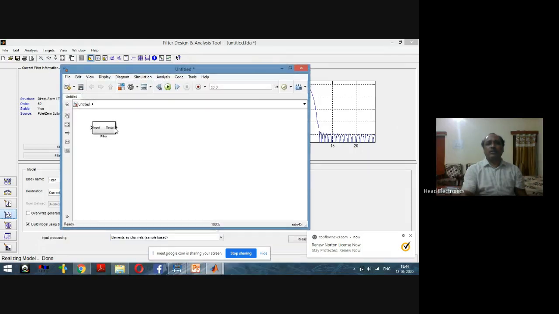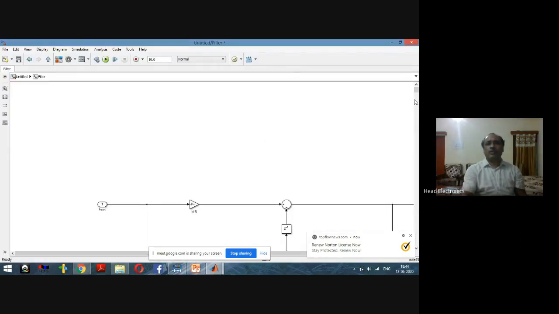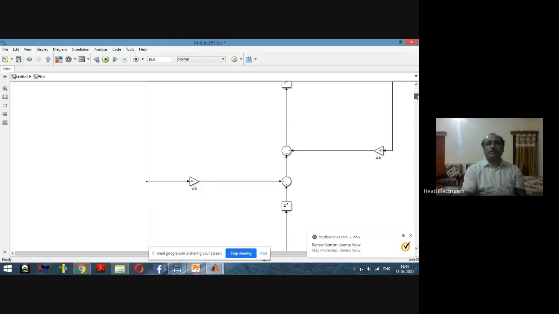Now we will see the architecture of this filter here. Now see here, the architecture is something like this. Here the architecture is described in the FOS and the SOS form. Now see here, these are the adders, delay, energy storing devices, and this is the multiplier here. And these are the coefficients B0, B1, B2, B3.